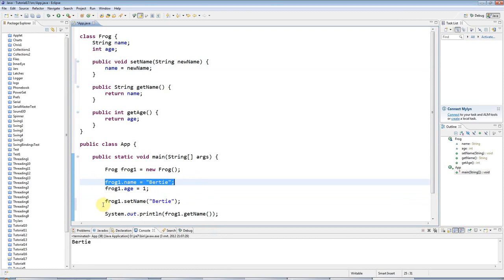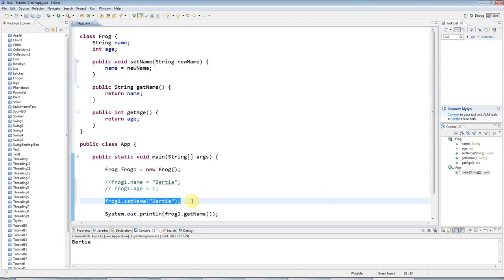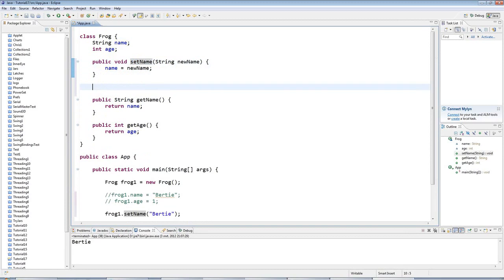It's really important though not to confuse these two, because of course here I'm setting an instance variable with the equals sign, whereas here I'm calling a method. So here I'm actually making some code run, but it just so happens that what all the code does is to take the parameter that I pass it and assign it to the instance variable name, and that's why it's called setName, of course. And I could also define a setAge, so public void setAge int age, and